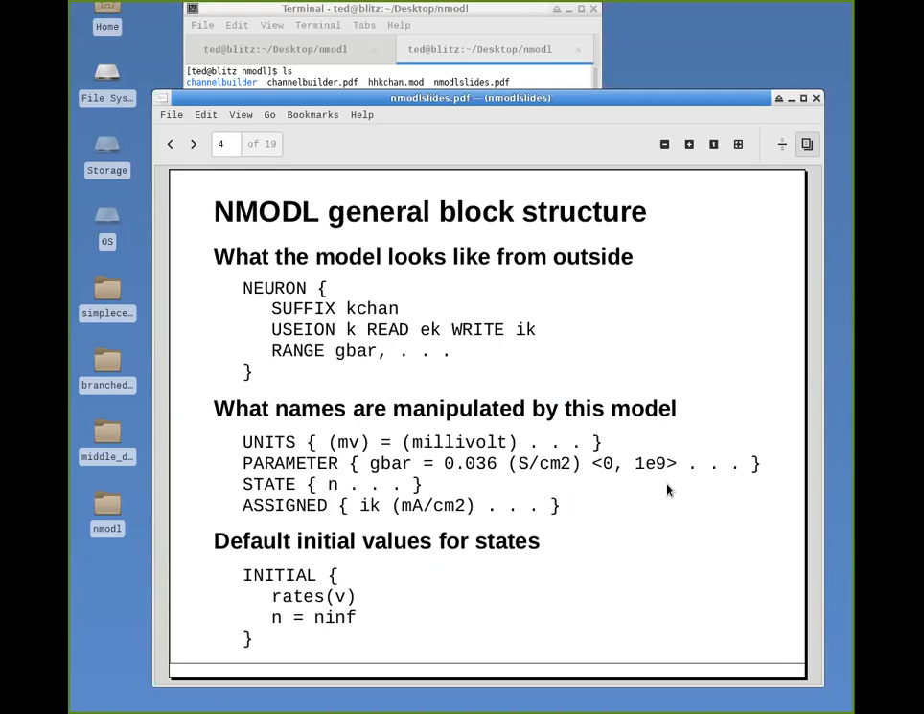Now, if you look at NModel source code, it looks very different from anything you've probably seen before. What you see is a bunch of blocks, where each block is marked by a keyword, then a pair of curly brackets, and everything in this curly bracket pair here belongs to the neuron block. And the neuron block is one of the blocks that's very important to using NModel in the neuron simulation environment, because this is where you specify